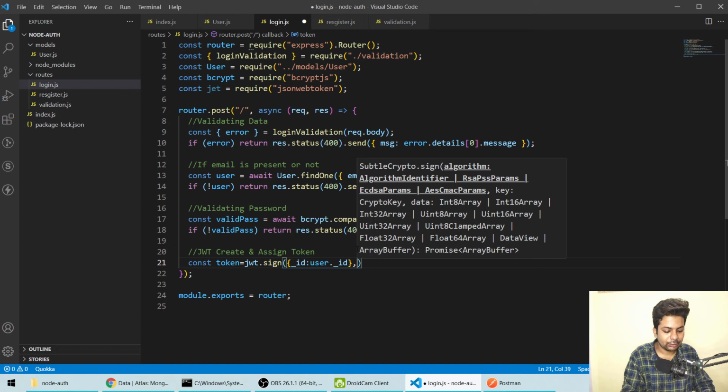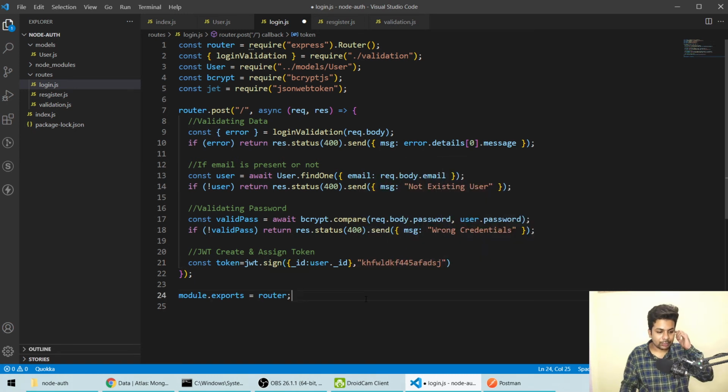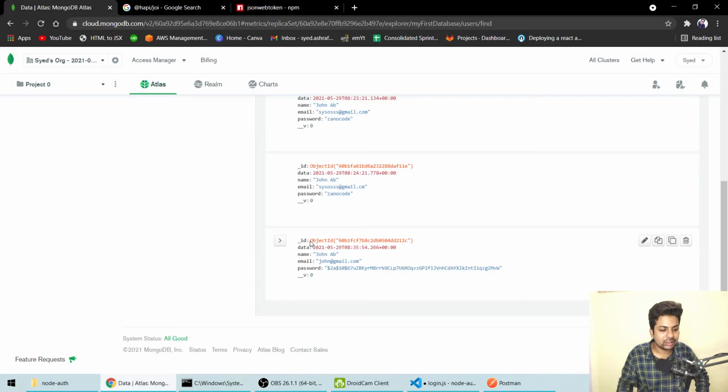I'm telling you what I'm doing, then there's a random string. So what I'm doing is JWT sign, like signing the user with this object. So id and user dot id, like we get the user when we check back the email, whether the email is present or not, so in that we get the user dot id also. You can see here we get this id, object id.